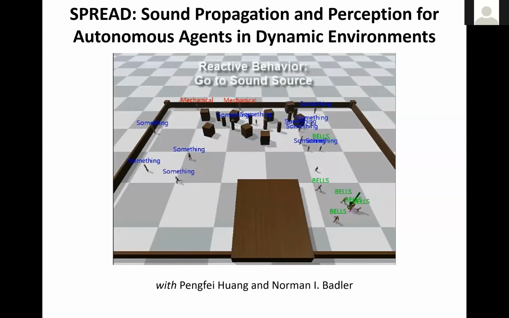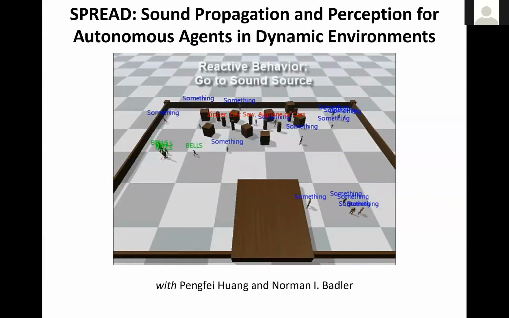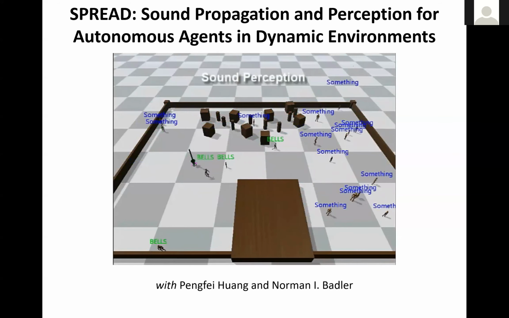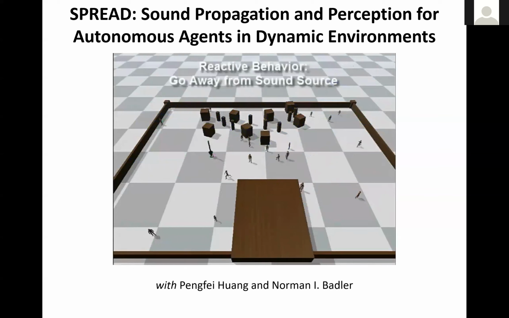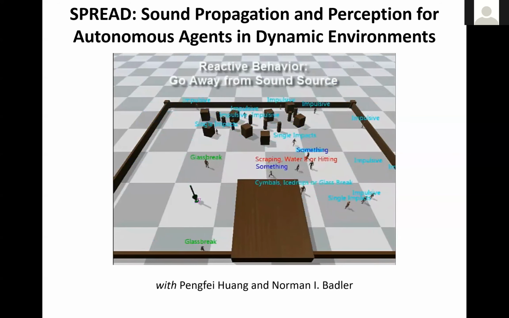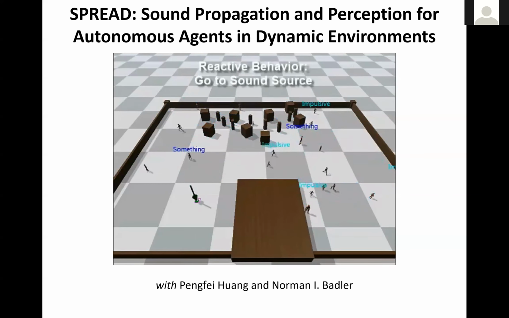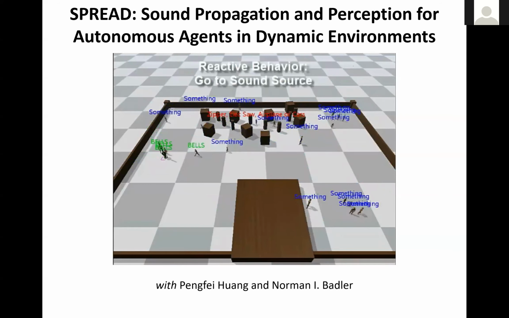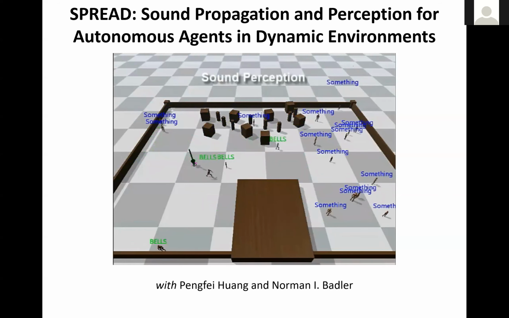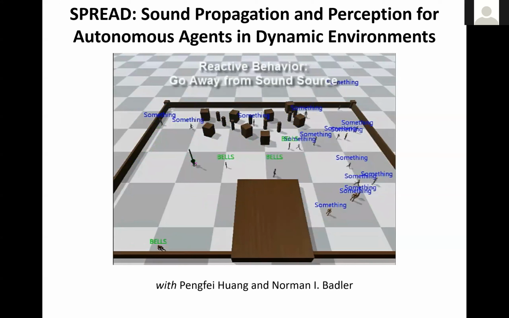You would have seen these sound waves that are disseminating. That's essentially the sound being propagated into this environment. As you can imagine, as the distance from that sound source increases, the sound degrades. Agents that are directly in front of the sound source are able to accurately perceive what they heard, so that's the label in green. Depending on how far away they are or whether they might be occluded by the presence of other agents or obstacles, their sound perception accuracy may degrade. They may only have heard something but can't distinguish what they heard, and in some cases, they may even incorrectly perceive what they heard.